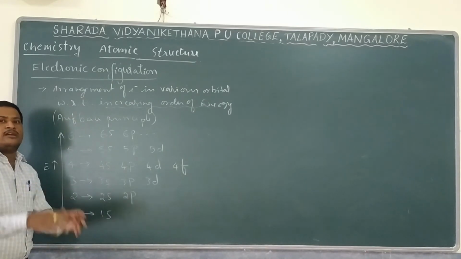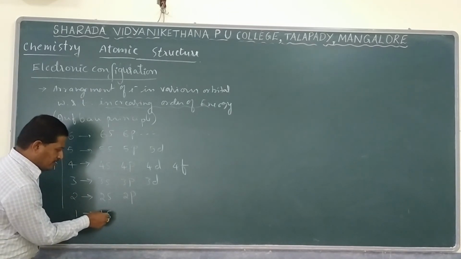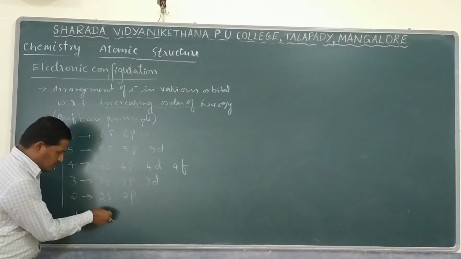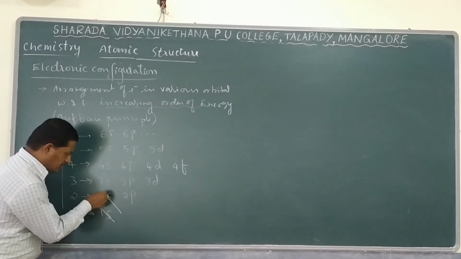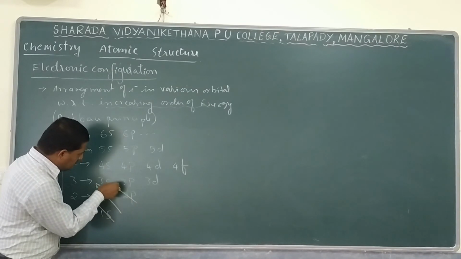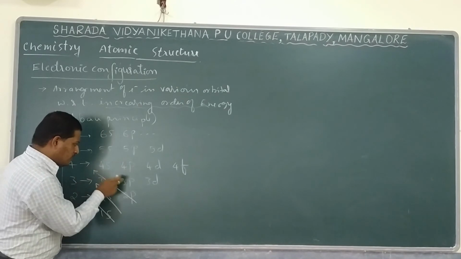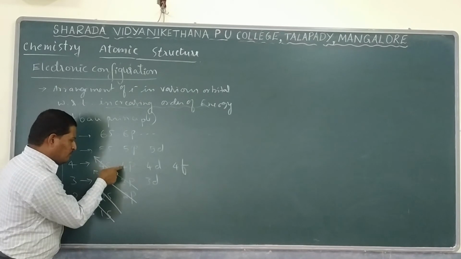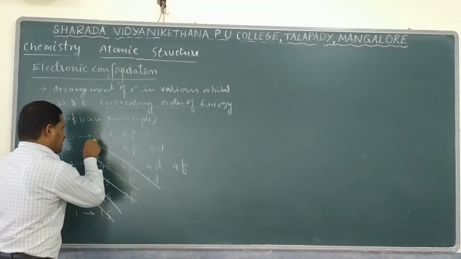And here we should remember one sequence. How to remember? There is one trick. First comes the 1s orbital. An electron first occupies the lower energy orbital, that is 1s. After filling that, the electron next goes to the next lower energy orbital, that is 2s. After 2s, next goes to 2p, then 3s. After 3s, not 4s, it goes to 3p. After 3p, then it is 4s. After 4s, not 4p, not 5s, the lower energy one now is 3d. 3d, then 4p and 5s.